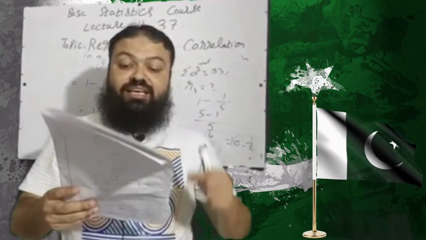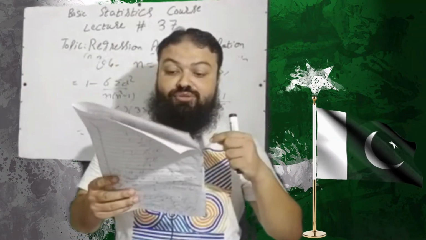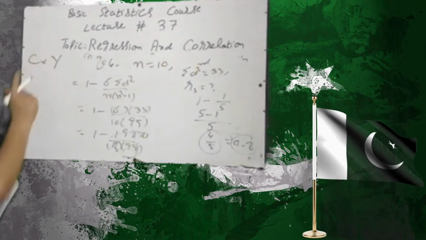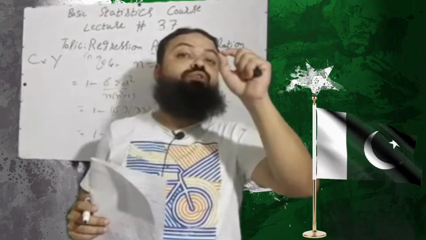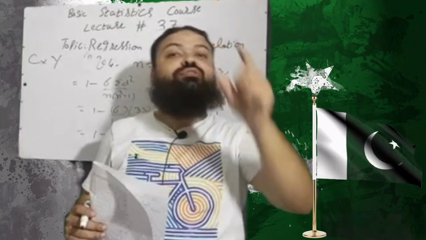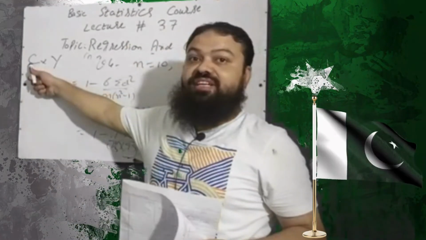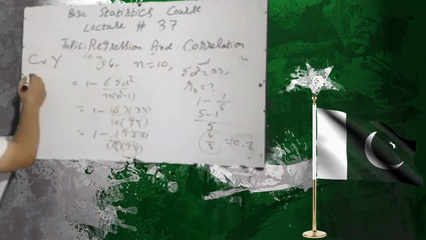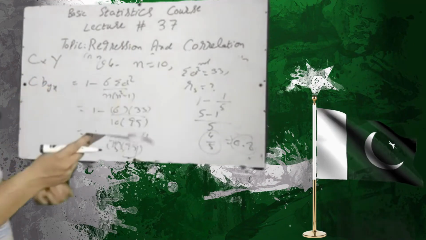Question number 8. If the regression coefficient of y on x is byx, then the regression coefficient of cy on x is c multiplied by byx. We have learnt in the last lecture, regression coefficient is independent of origin. When we add or subtract a constant from x and y, that will not be affected. But if you multiply a constant by y, then the new regression coefficient will be c byx, a very important one. That will be the correct option in the exam.